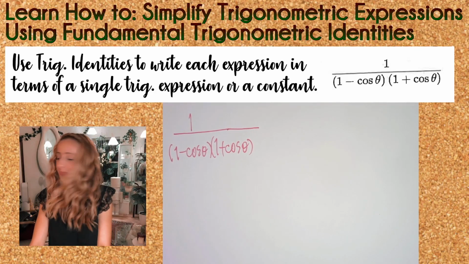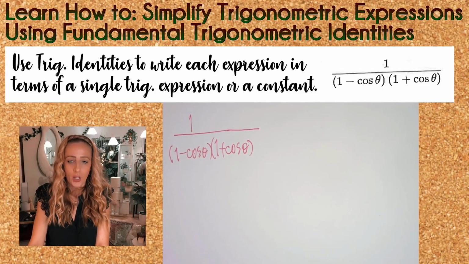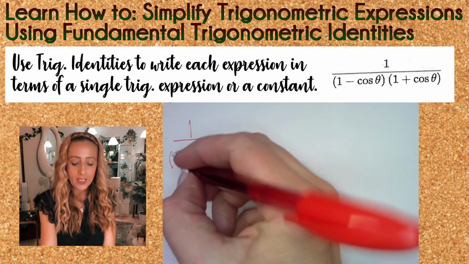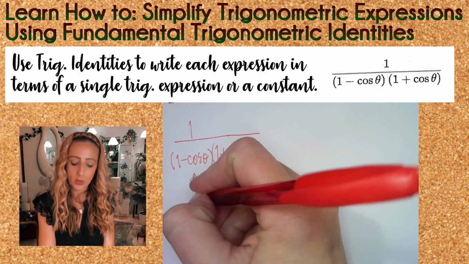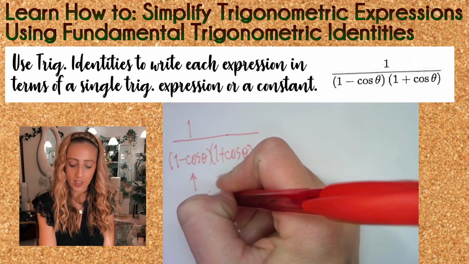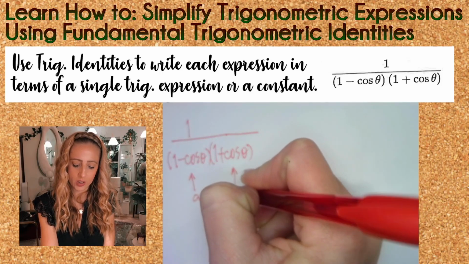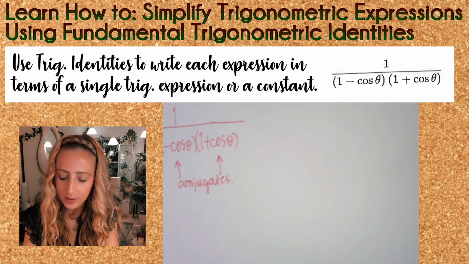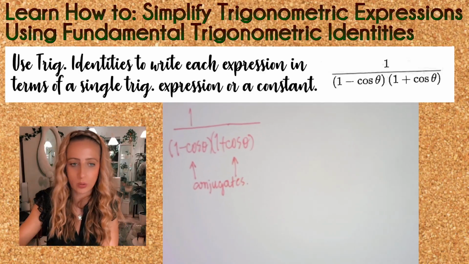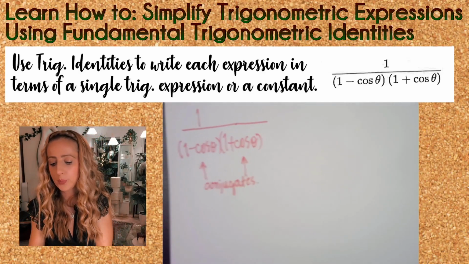So, what do we have going on here? Well, I see these two expressions, 1 minus cosine and 1 plus cosine, which we know to be conjugates. We know the vocab word because we are the smartest. They are conjugates. And when you multiply conjugates